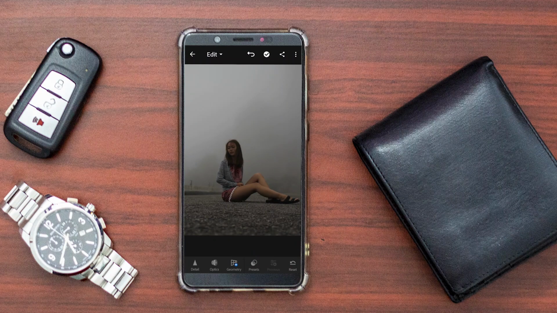So let's stop the talking and get to the edit. Okay, so here's an example of a picture that I would actually love to edit. This picture was taken when I was way back in Langkawi. And yeah, so the first thing that I usually will do is